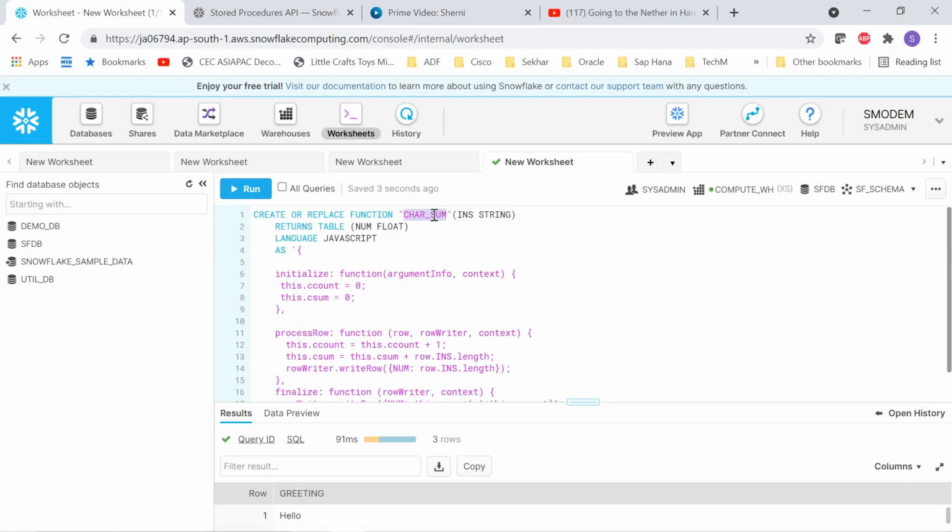So character sum is, I'm trying to say, the sum of the characters that are part of any column, and the column name that I'm passing is a string, and I'm returning a table of number, float. Number is the name of the column, float is the data type, language JavaScript. Okay. First thing is, I want to calculate the total length of,